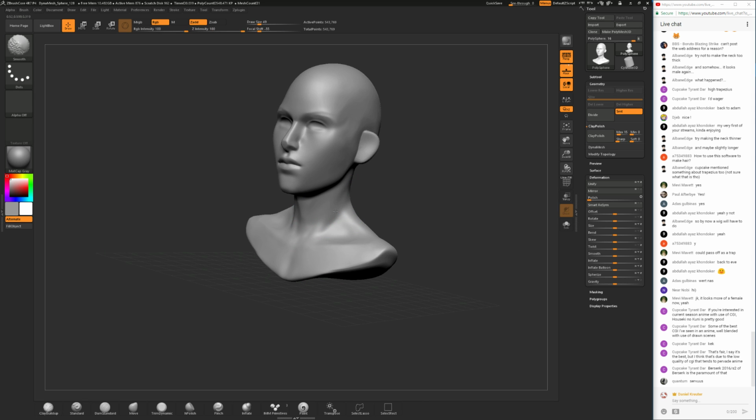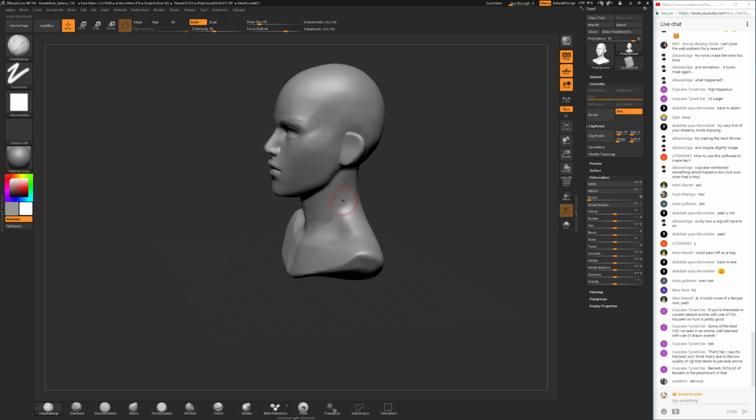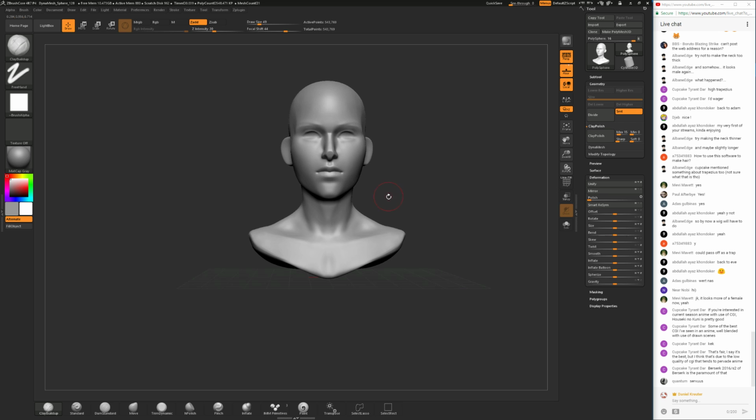So here's some more anatomical details that I want to put in around the neck.